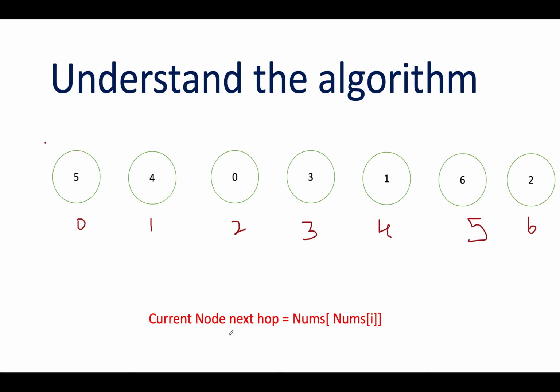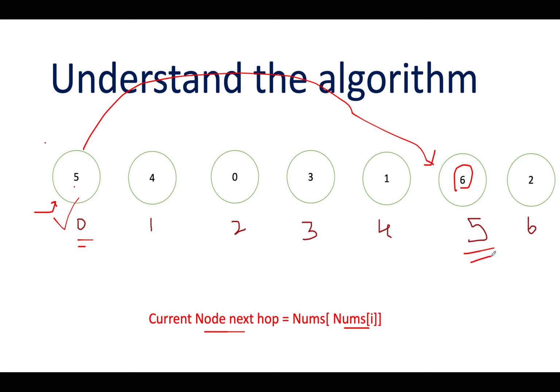Just remember this property. If you are currently at any particular node at nums of i, the next in the queue would be nums of i. And let's start the process. Let's assume we are at the beginning index, 0th index, and what value is held at this particular index? The value held at this particular index is 5. So you will move to the fifth index. What is the fifth index? This one is the fifth index, and its value is 6. Also, before moving on to the next index, you have marked this as visited. So this is done. Let's continue the process.